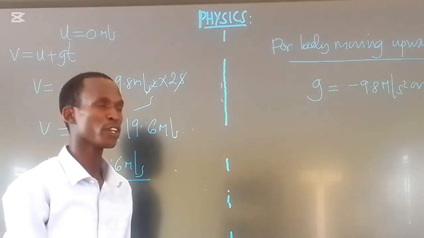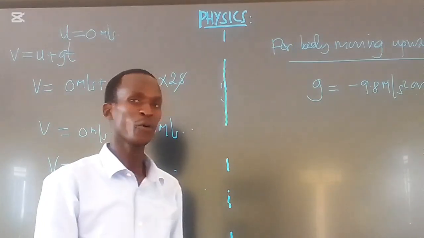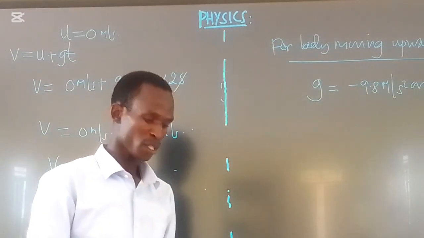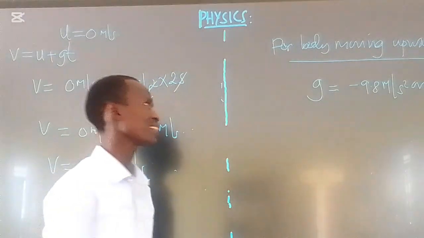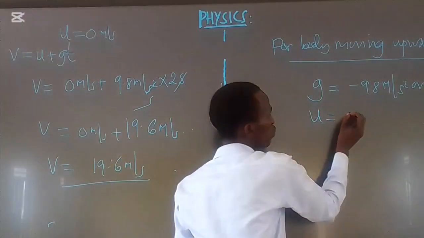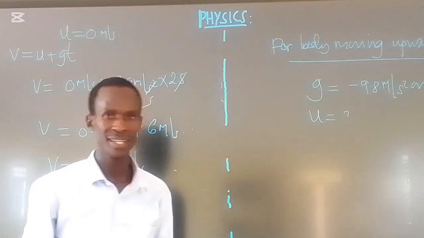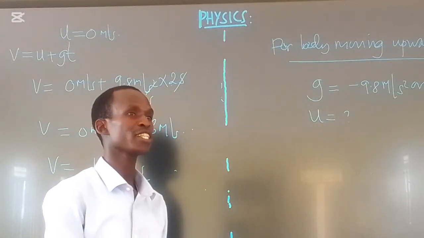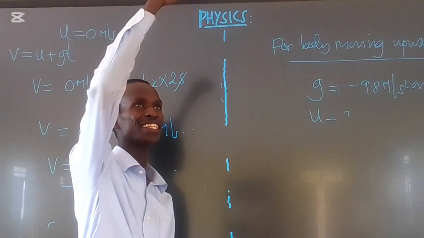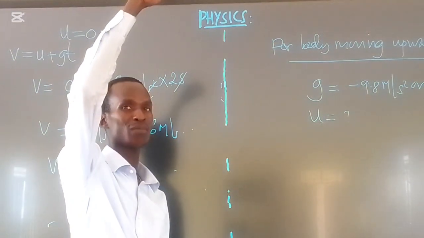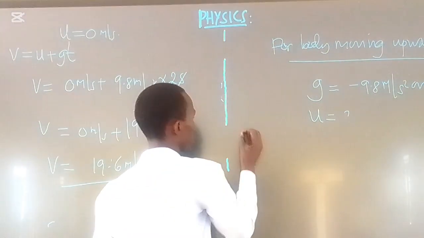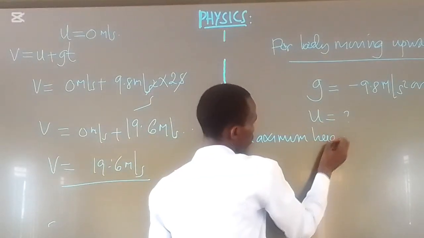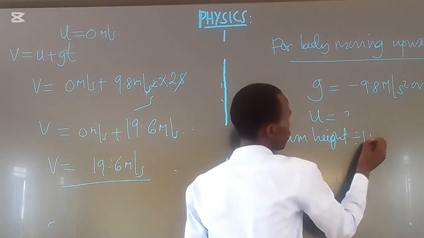For the body moving upward, initially we start by giving it force so that it can move upward, so there should be a certain initial velocity. When we throw an object, it moves until it attains a certain height, which we call the maximum height. What is maximum height? Maximum height is a height